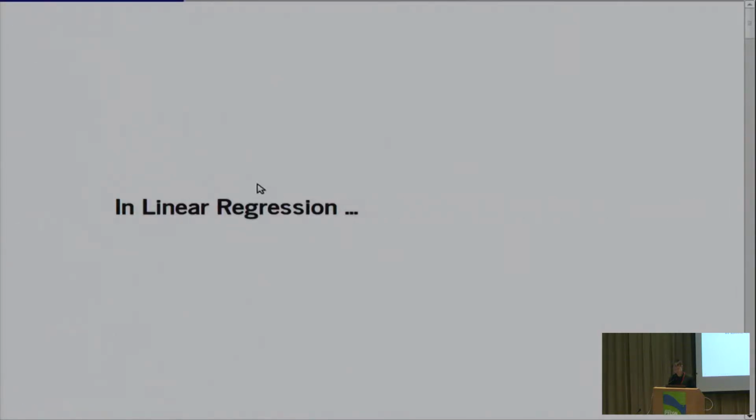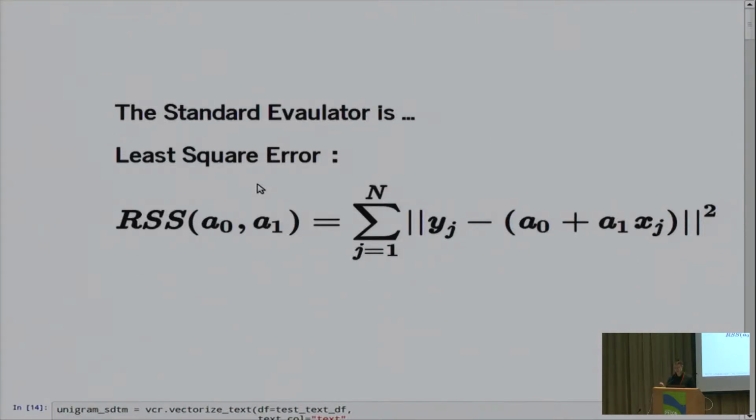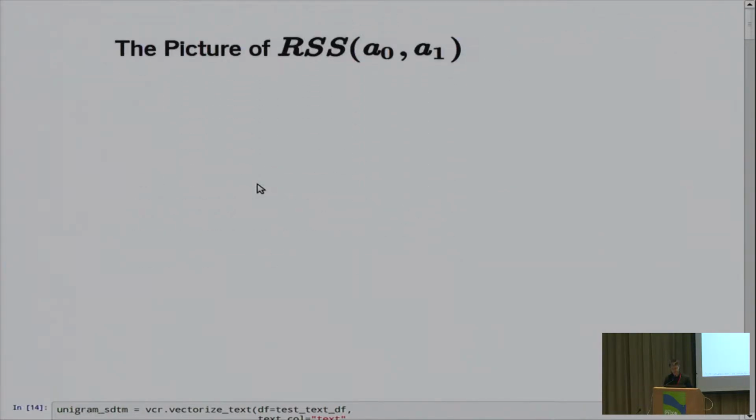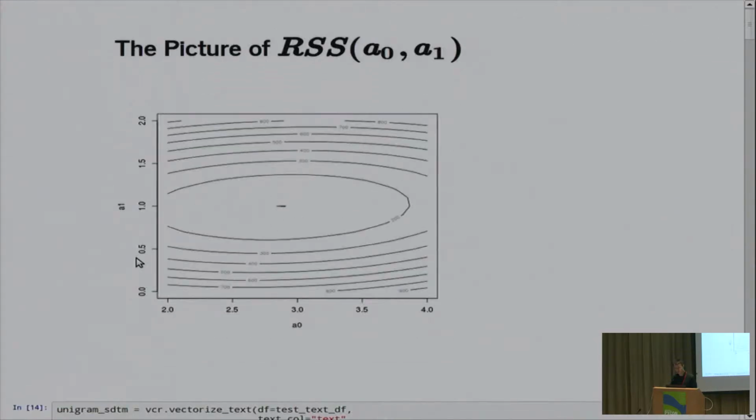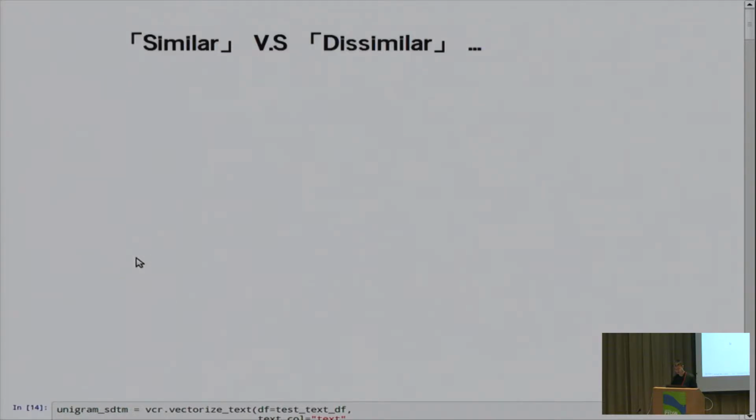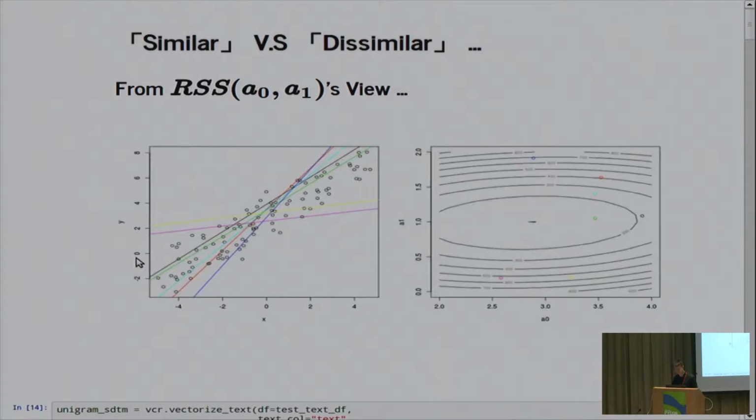So in linear regression, the standard evaluator, or we can say the standard viewpoint, is the square error. After you write this square error, you can see it's also a two-dimensional function, and you can draw the level curves on the plane and draw those things together. You will see what is similar or dissimilar from the square error viewpoint, and we draw the square error level curves